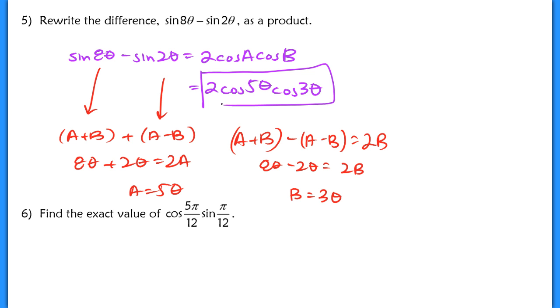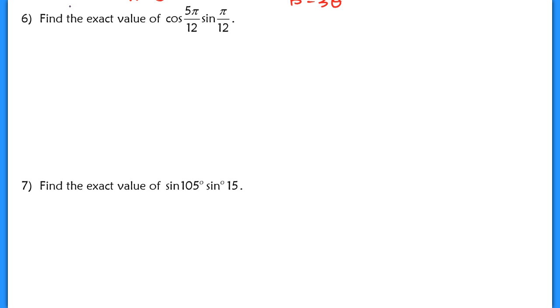Now, in problem 6, it doesn't explicitly tell you that you want to change something from a product to a sum. It asks you instead to find the exact value of the cosine of 5/12 pi times the sine of pi over 12. Now, both of these numbers here are not values on our unit circle that we're familiar with. We don't know what the cosine of 5/12 pi is offhand, and we don't know what the sine of pi over 12 is. But if we can change this into either a sum or a difference, then we can actually evaluate